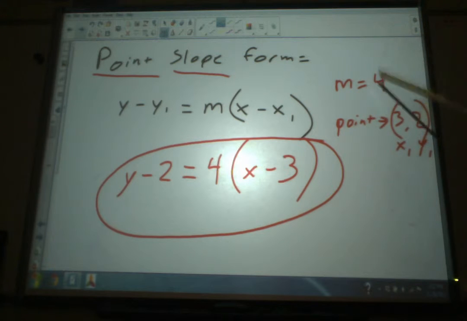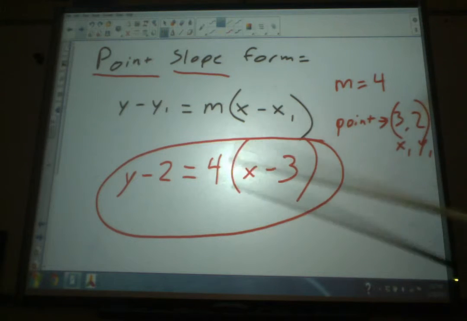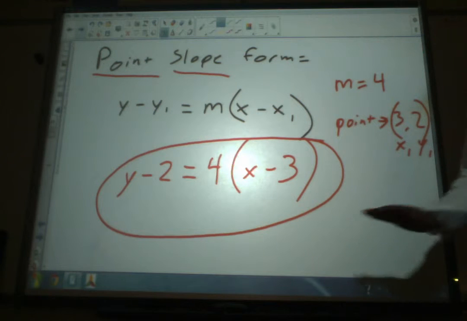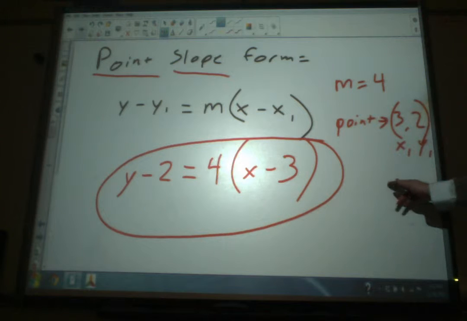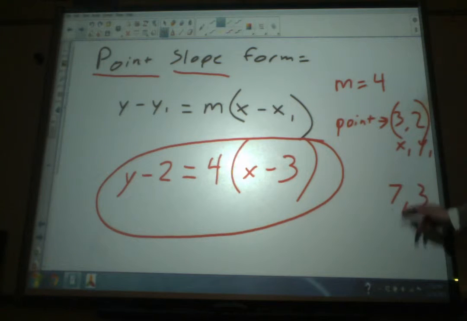If it has a slope of 4, and we know a point on that line is 3, 2, then this would be how you create it. You could use any point on the line to make this equation. For example, if we found out that another point on this line was 7, 3, then another way we could have created this equation was to say